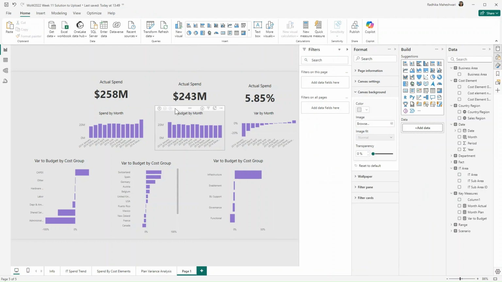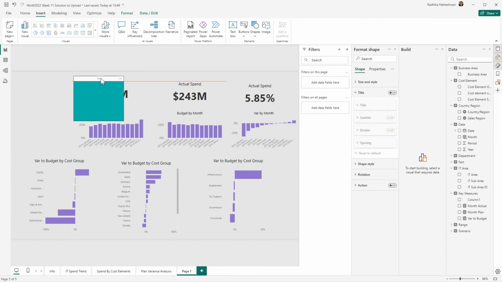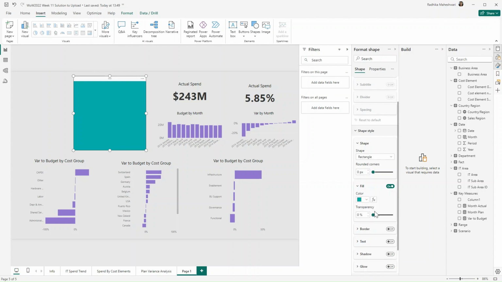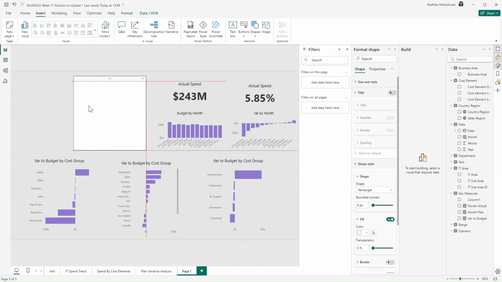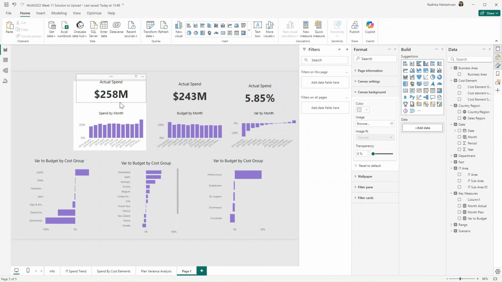There's another thing that we need to do. We need to have a white background behind these. So I'll go to insert, get shapes, and get this rectangular shape. And I will change the style. So we don't want border. For fill color, we want white color. And then we can start it from here and go to format, send to backwards and choose send to back. And once we do that, our visual, this rectangle will be sent to back.